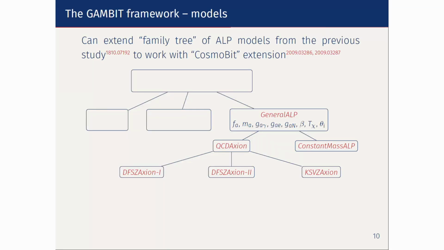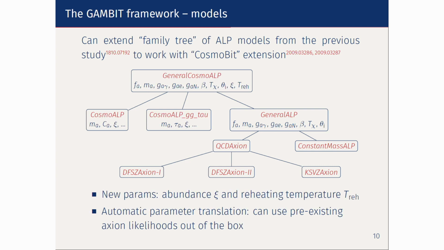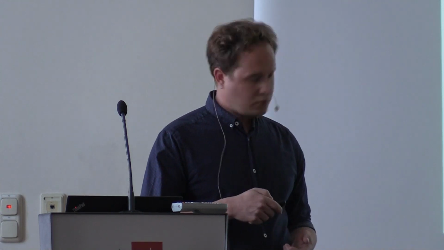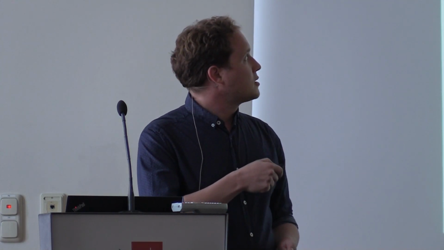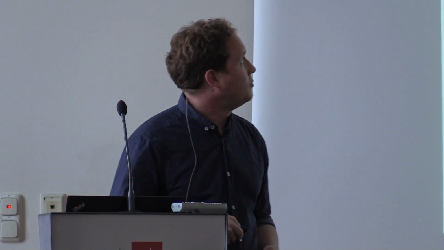So you have what we call the general ALP model on top, where you see a few of the standard couplings, and derived from there you can make more concrete realizations of different classes of models. For this study we've basically extended the previous work to also include things like the reheating temperature or the total non-thermal abundance of these particles, and I'll get to that on the next slide. I'm going to talk about the model that we used in the study in more detail.